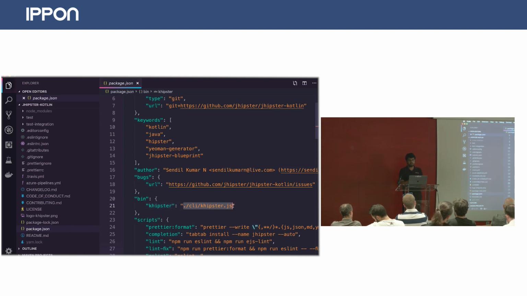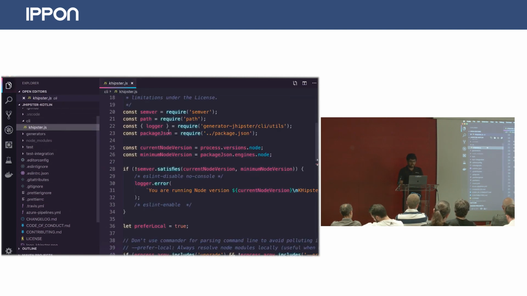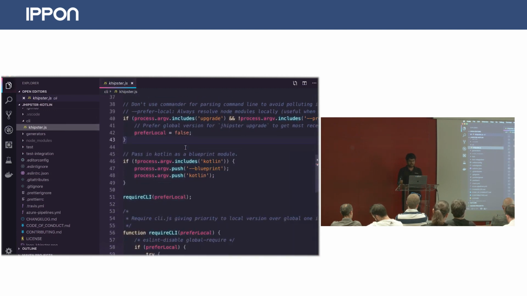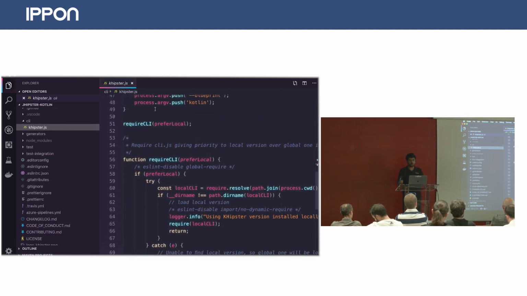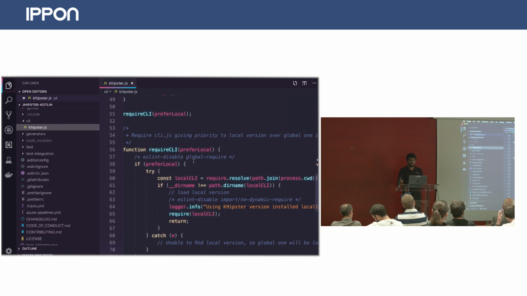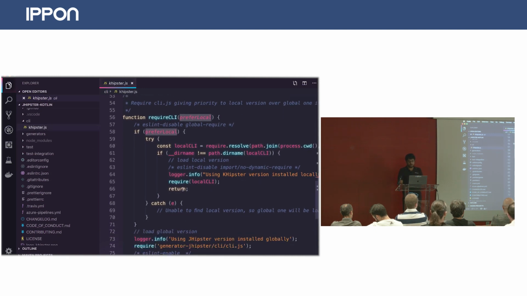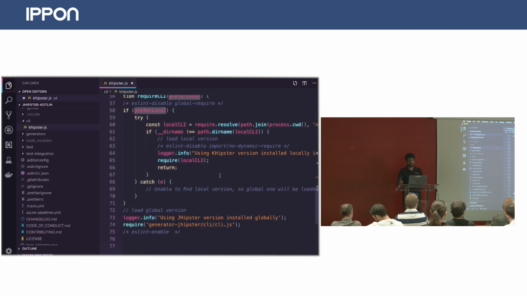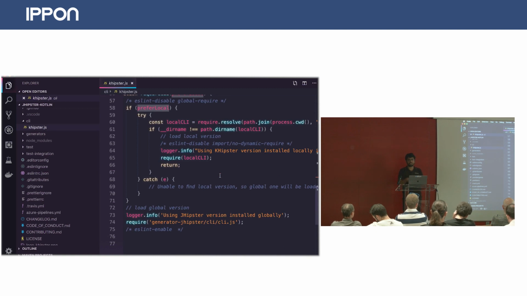So when you run jhipster, it kind of runs node and the JHipster JS file. That's how it translates. And inside the jhipster.js, you have a list of things, and all I'm doing is calling this require CLI. And require CLI goes and calls the particular version of the JHipster command. That's it. It runs yo jhipster. It's kind of a wrapper on top of a wrapper. So that's how it's completely configured.